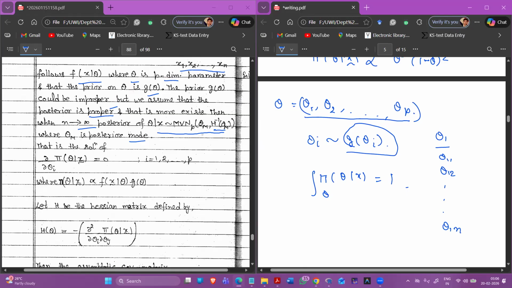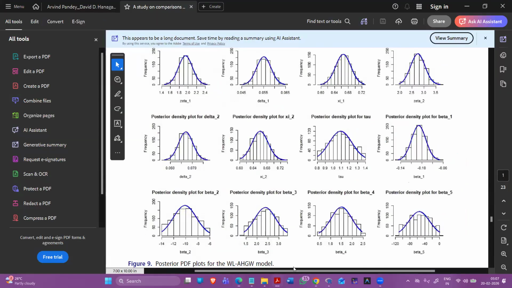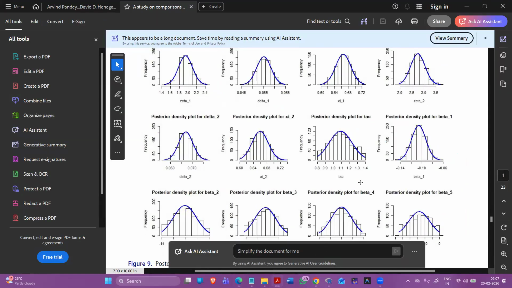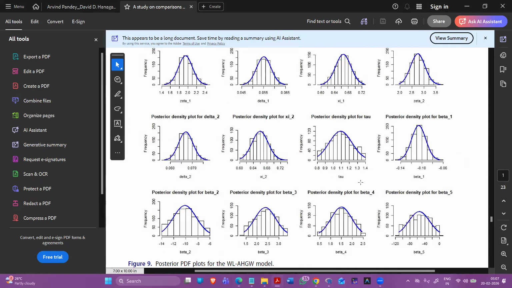That this is the thing we are doing, right? All these methods. So it says that if I'm going to plot all these observations, it will follow the normal distribution. If you just see this figure, you will find all the plots are having the normal density, yes or no? So for large M, what I did, I ran my code